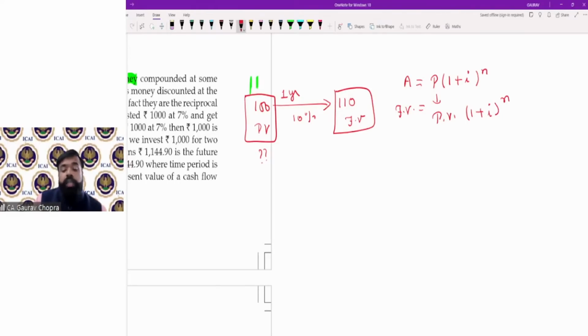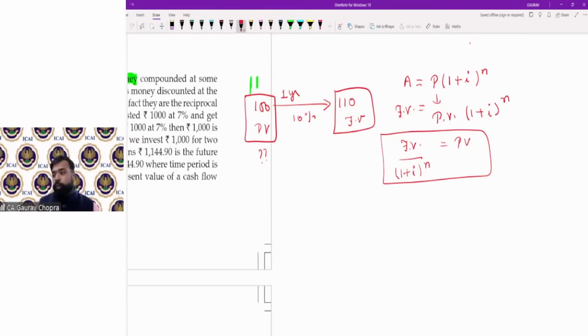तो अगर यहाँ से आपको प्रेजेंट वैल्यू कैलकुलेट करना है तो फिर हम क्या करेंगे, it is future value divided by 1 plus I to the power of n. Okay, so ये फॉर्मूला कहां से बना, with the help of compound interest. ये कंपाउंड इंटरेस्ट से आपका फॉर्मूला डेवलप हुआ है, जनरेट हुआ है. ऑलराइट,